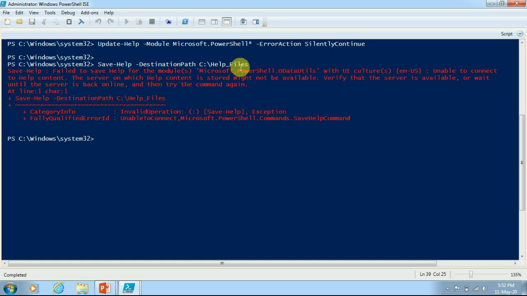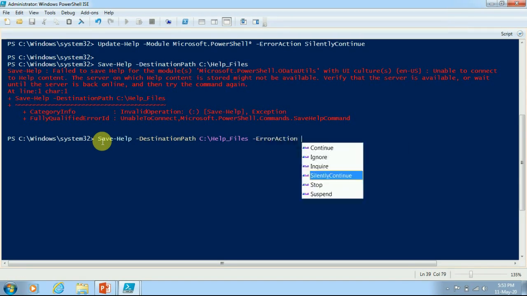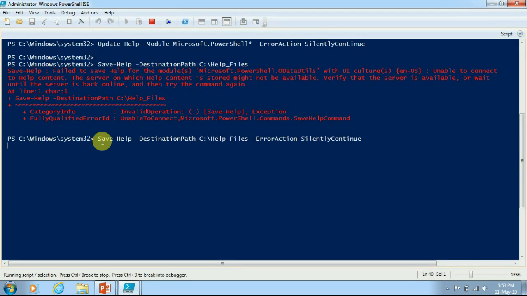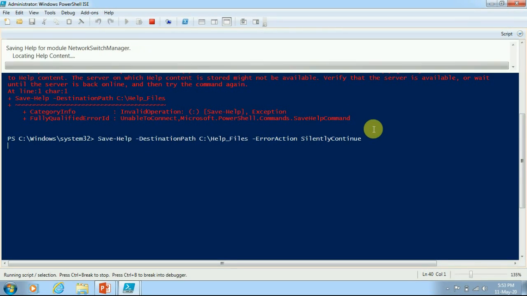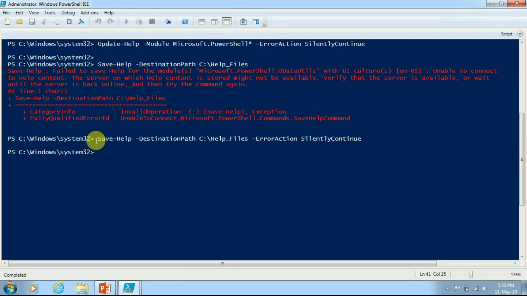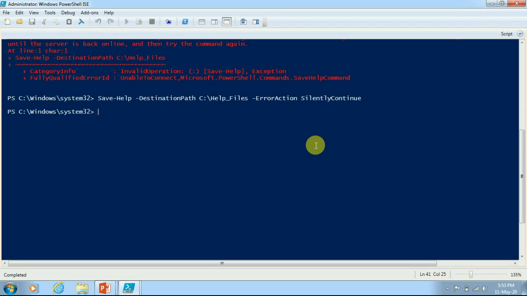You can see that it has downloaded, but it has given the error once again. But we can suppress this one by providing ErrorAction SilentlyContinue again. So this time when I execute, I will not be expecting any error. Let's see. Again it has started downloading. This time again it has downloaded, but it has not given me any error.